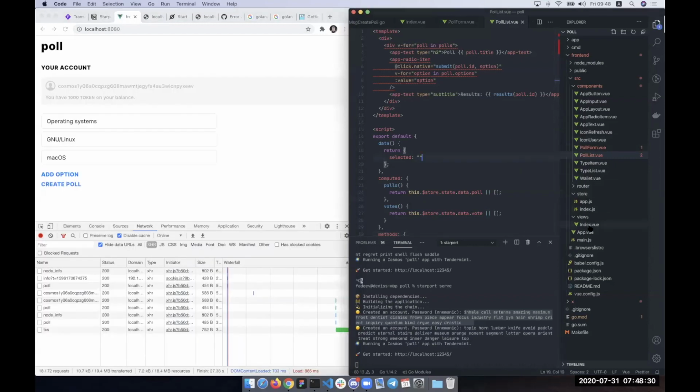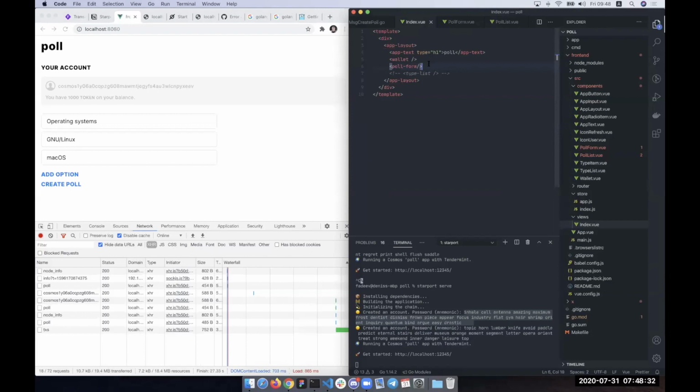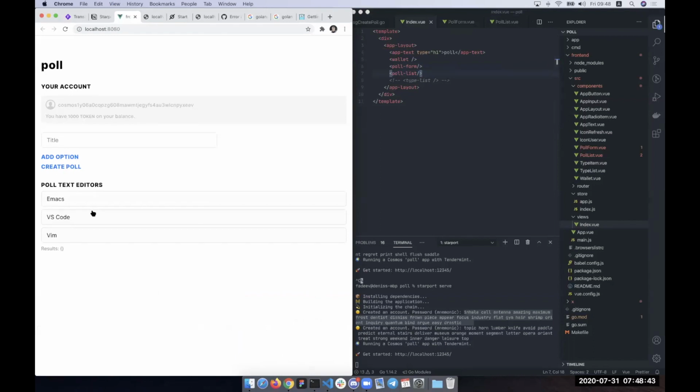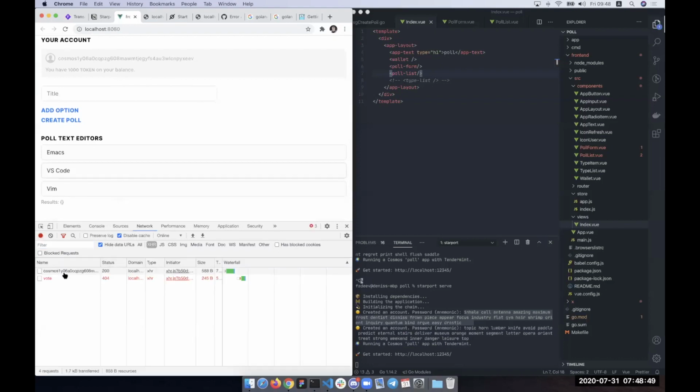Yeah, we forgot to add it to our index. Yeah, now we can see that we have a UI. Except when we actually try to vote, it tells us that it can't